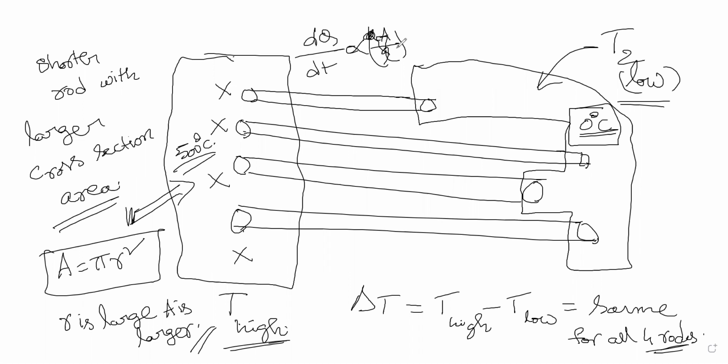It will be r square by L. Anyway, you will end up with the same. Finally, answer wise, it's the same. But the shortcut is you look for the shorter rod with larger cross-section area, job done. You don't have to go for the calculation. I don't want you to waste time in calculation here.